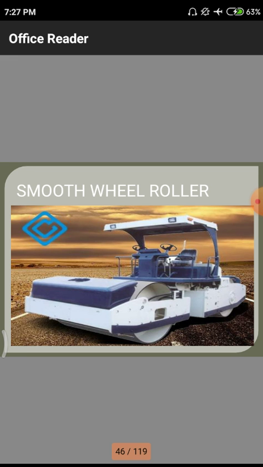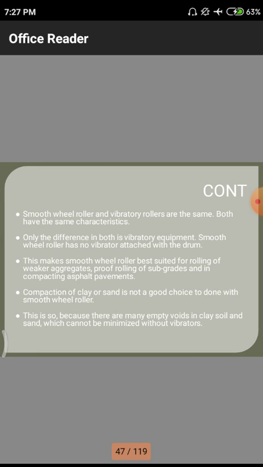Next, we have smooth wheel rollers. These smooth wheel rollers are mainly used in the construction and rolling of BT roads, that means bitumen tar roads. For the construction of BT roads, we have to densify the BT material in thickness, so smooth wheel rollers are useful for the compaction works. What are the advantages and applications of these smooth wheel rollers, and what pressures do we have to maintain using them? We have to know about those also.